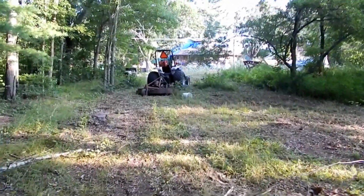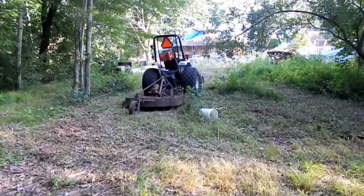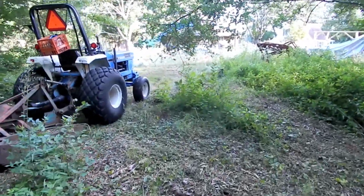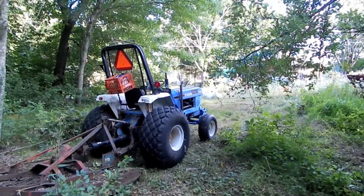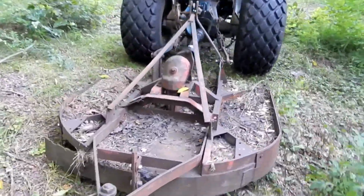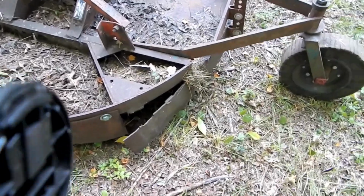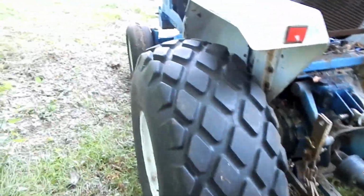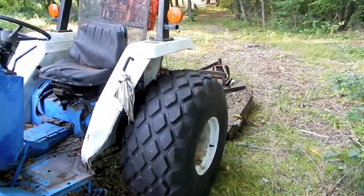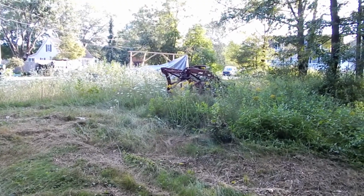so I got the new battery for the Ford 1920, the trusty old Shibaura of Japan tractor masquerading as a Ford, which is the brush hog tractor. Brush hog actually needs a little bit of work too. Yeah, if only I know somebody who could weld. Alright. So, anywho, so that's running good, which is great because this area over here is getting really overgrown, and